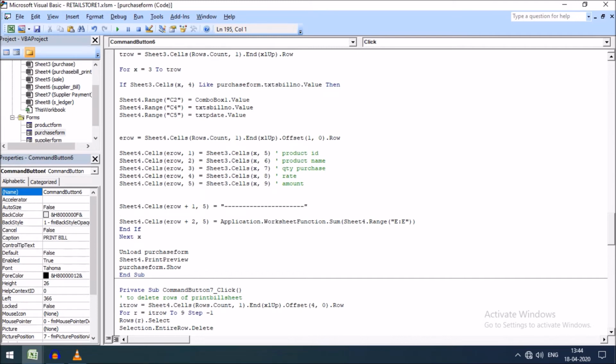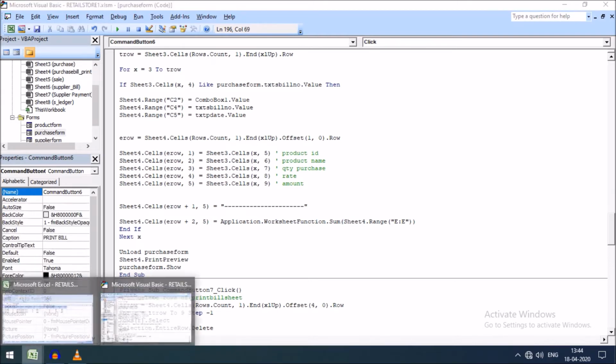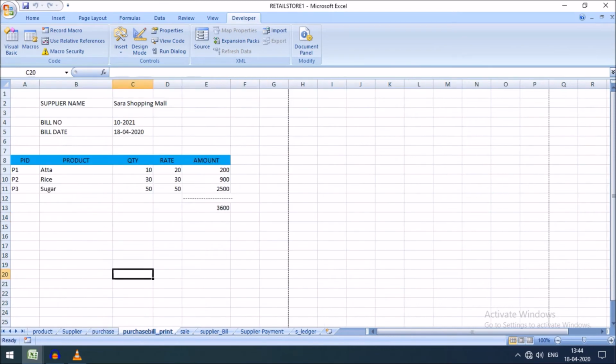The closing is the closing line of the bill, and then secondly I have moved another row further, that is the +2, in the same column, and here I have used the sum function, only the sum function, to calculate the total amount, that is sheet 4 dot range. You can see, go to sheet 4 here. This is sheet 4 and the column will be summed.